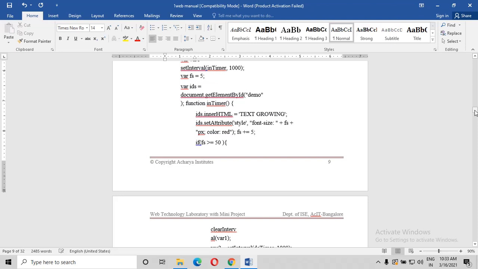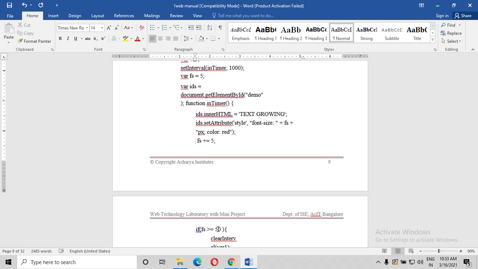As I am increasing the font size, I will use font size plus equal to 5. If the font size is greater than or equal to 50, please understand, because in the question they have given that if the font size reaches 50 pixel, it should display text shrinking. If it reaches 50 pixel or more, it starts shrinking.